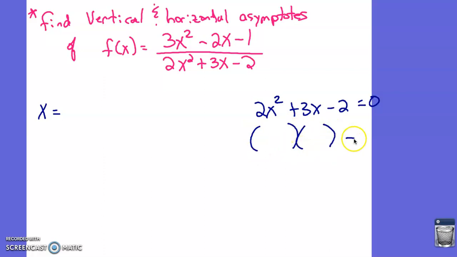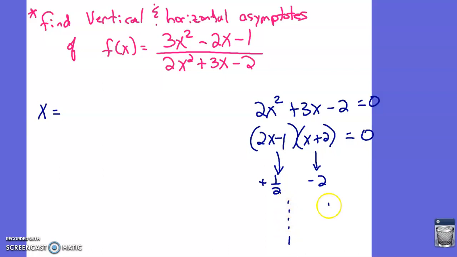Notice this factors to 2x minus 1 and x plus 2, which means at positive 1/2 and negative 2, x cannot equal those two. So if I ask to graph this one, this actually has 2 vertical asymptotes. x cannot equal 1/2 and x cannot equal negative 2 because those are both in the denominator. So this has a vertical asymptote at both of those. And again, if we graph this, you would have to pay attention to what happens as x approaches negative 2, as x gets away from negative 2, as x approaches 1/2, as x gets away from 1/2. And you'd have to make a pretty big XY chart to consider all of the possibilities,